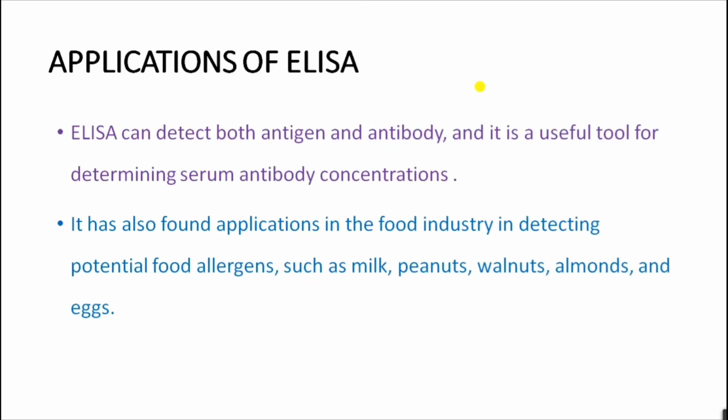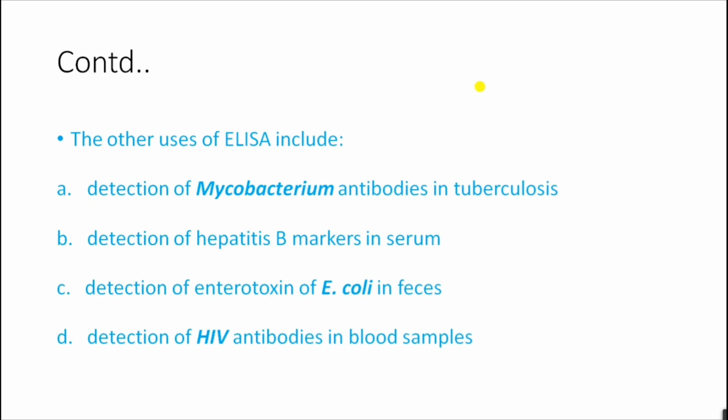So moving on to the applications of ELISA. ELISA can detect both antigen and antibody, and it is a useful tool for determining serum antibody concentrations. It has also found application in the food industry in detecting potential food allergens such as milk, peanuts, walnuts, almonds and egg. Other uses of ELISA include detecting the presence of mycobacterium antibodies in tuberculosis, detection of hepatitis B markers in serum, detection of enterotoxin of Escherichia coli in feces,